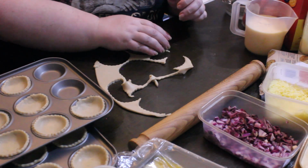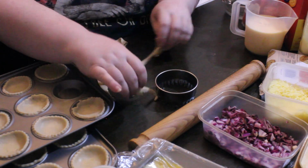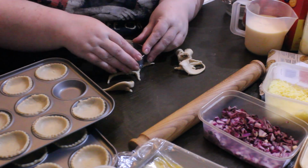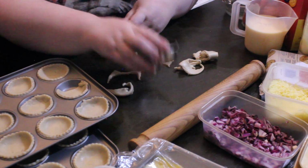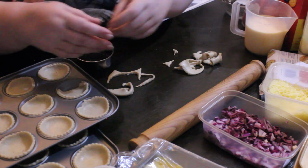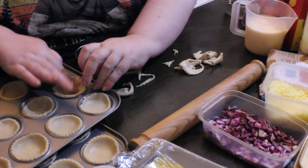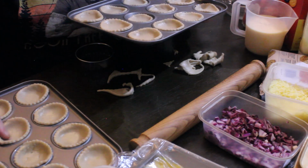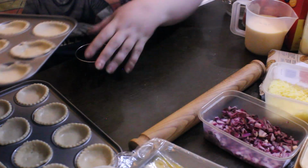The cost of running the gas for the heating in our house pushes it up to 76p an hour. Now we have three of our radiators in the main part of the house all switched off. We have the one off in the kitchen, and one off next to the freezer and the dryer, turned off permanently. And there's one in the hallway turned off as well. There's only one on in the office, sorry. So the one in the hallway's on, the one in the bathroom, the one in our bedroom, and the one by our couch. That's it. The ones in the bathroom and the hallway are only little ones, not even full sized,